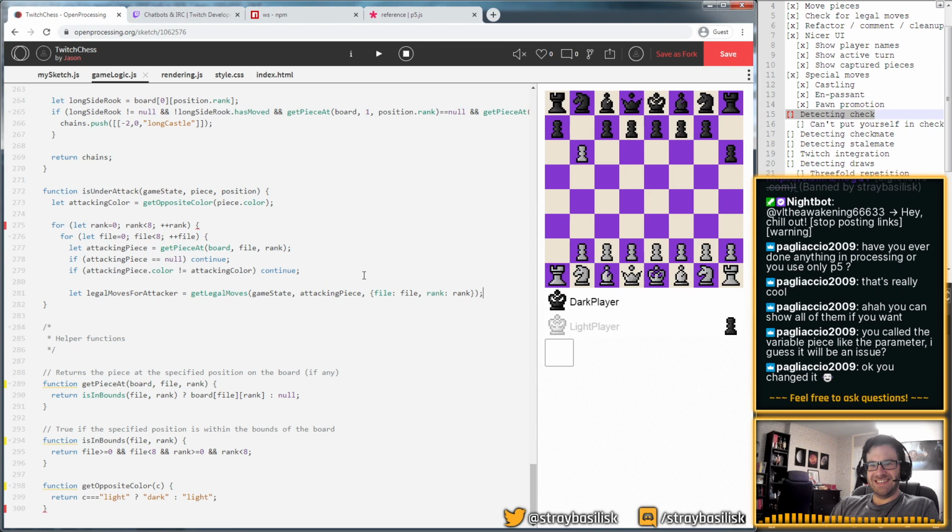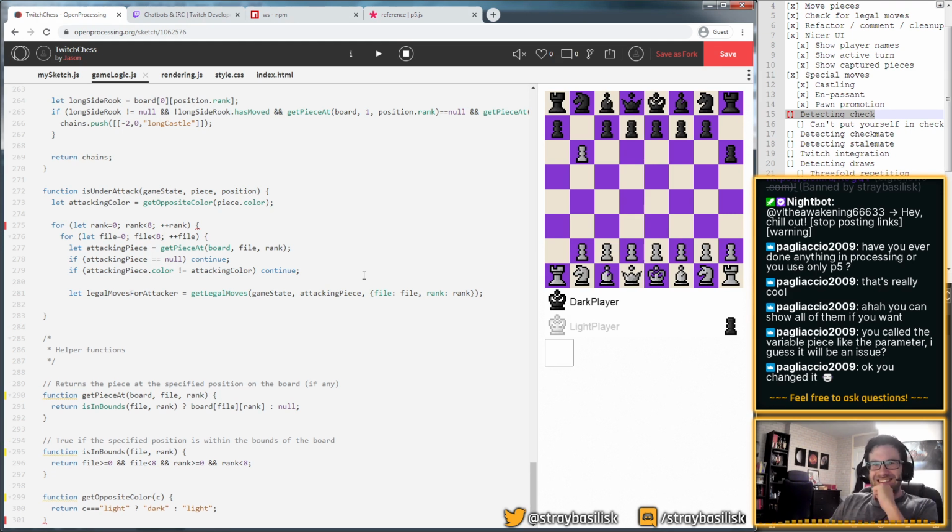Yeah, that would have been an issue, yes. Okay, this is... maybe I'm really too anal, but this annoys me, right? Because it might not be the attacking piece. I refilter it out here. I want to call it attacking piece because that's what I want it to be, but at the moment it's just some other piece. So part of me wants to say I can't call it attacking piece because it's not necessarily an attacking piece. I should just call it other piece, but it may not even be another piece. It may be the same piece. Sorry, that's the kind of thing that philosophically bothers me a little bit.